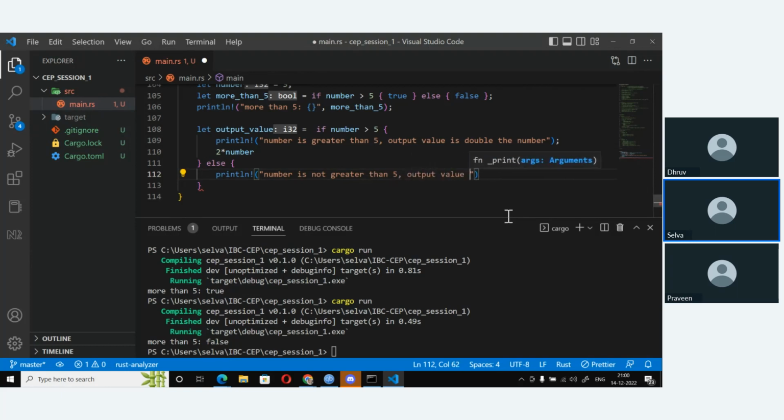Output value is equal to number. And then I say 3 times number. Again, remember not to put this semicolon after number. Okay.